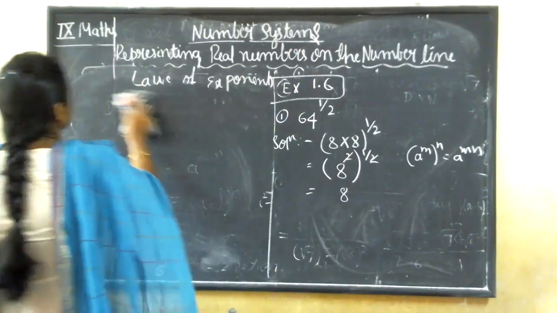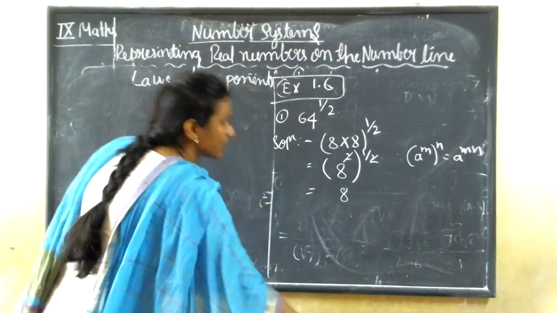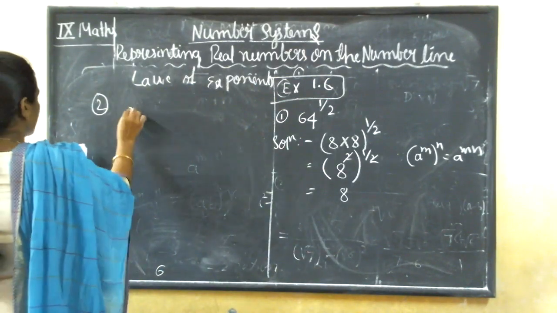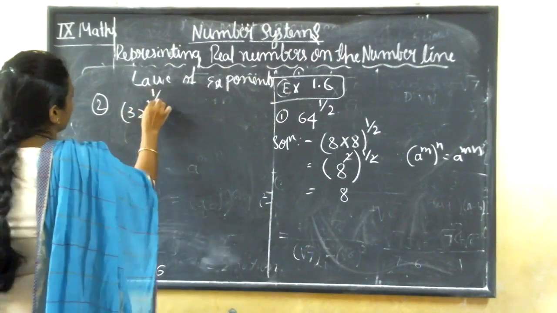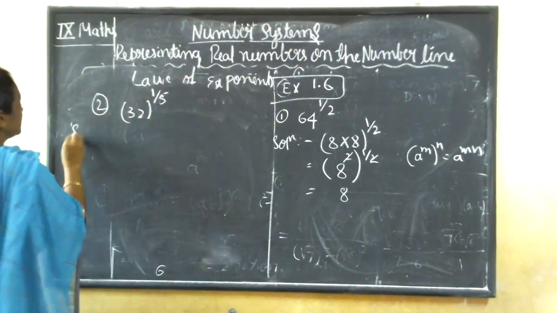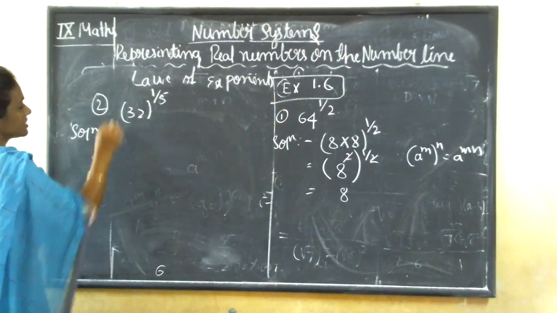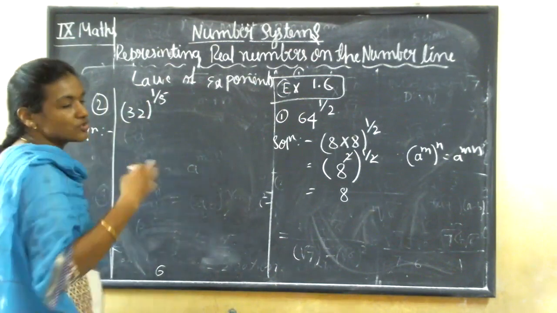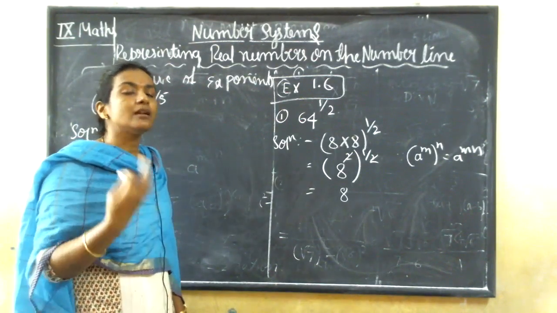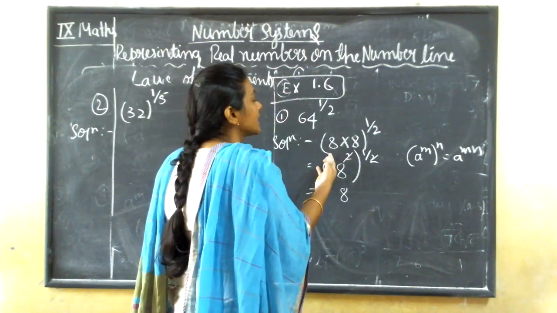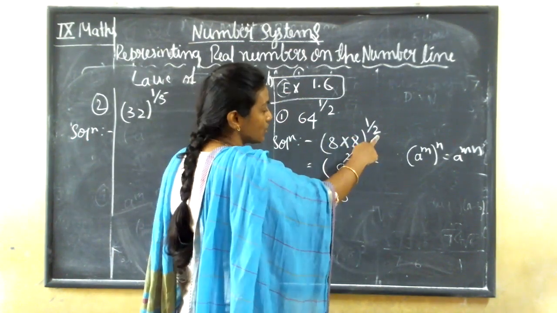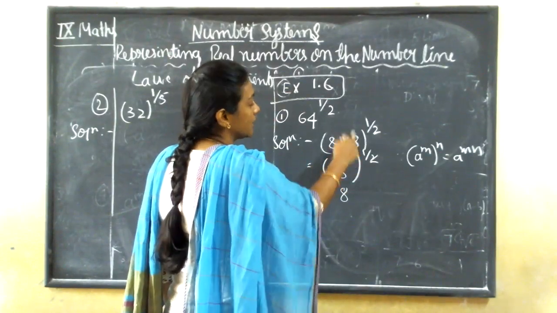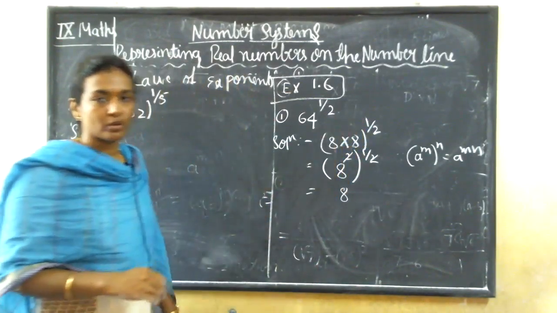So you have to practice them. Then only you can remember, right? So the second one is here, what? I'm going to take 32 raised to 1 by 5. See children, by seeing this one, 32 is there in so many tables. Why did I take 8 into 8 earlier? Because in the denominator place, if there is 2, and you take 8 into 8, again you will get this exponent, that is 2 here. The 2s get cancelled, and you can easily calculate, right?